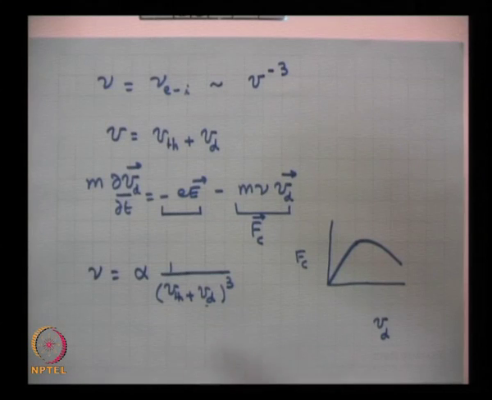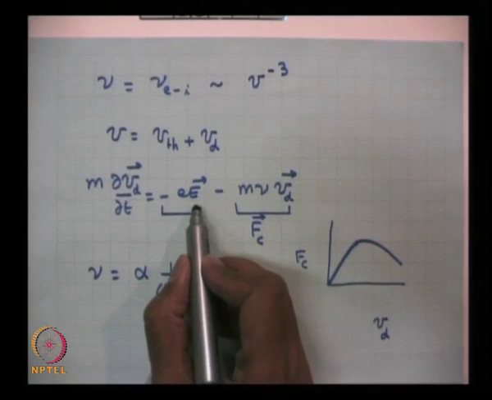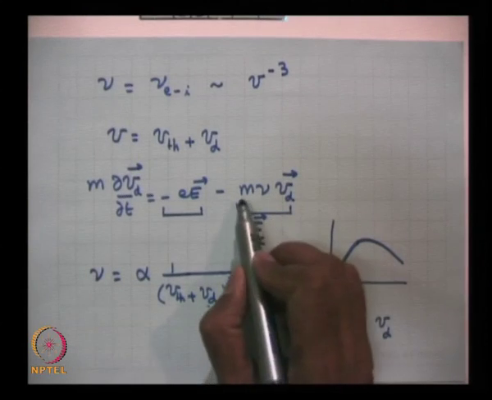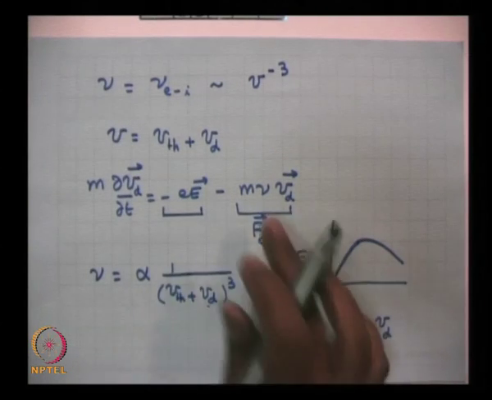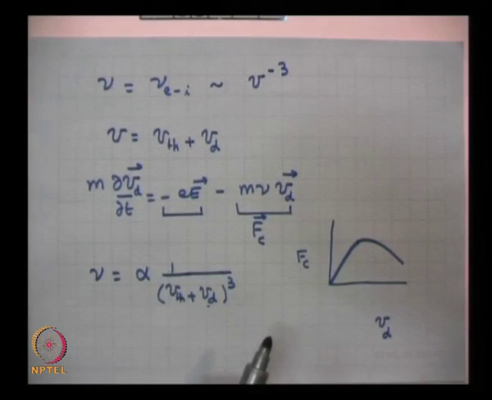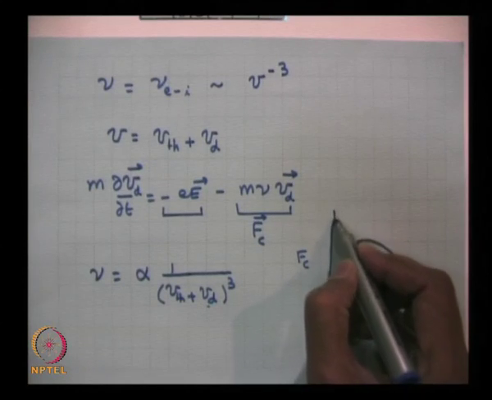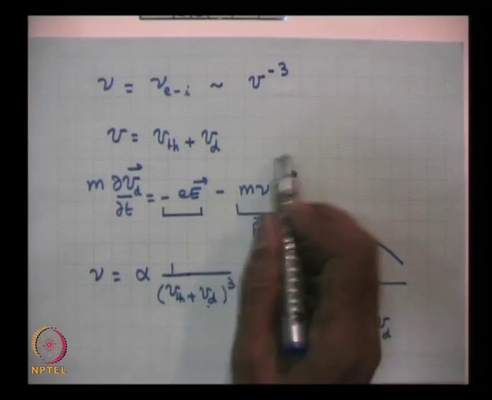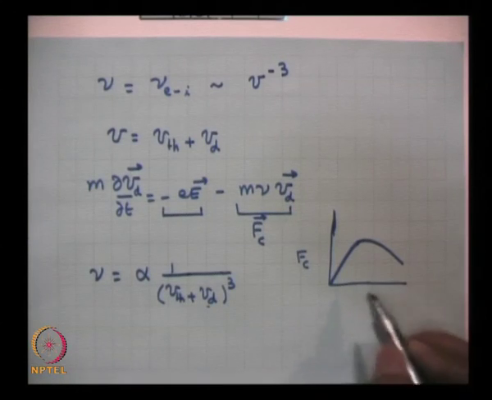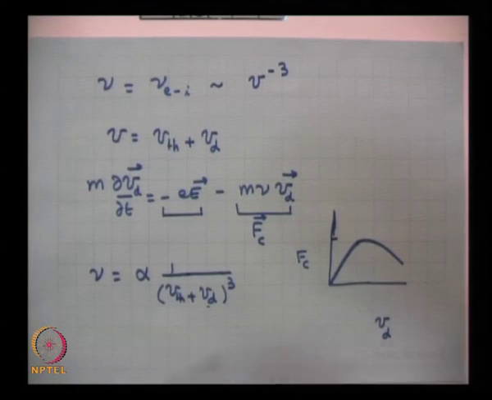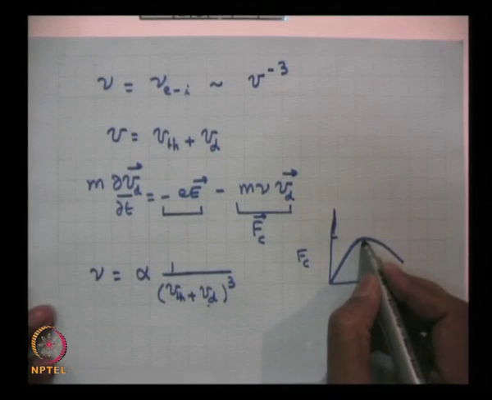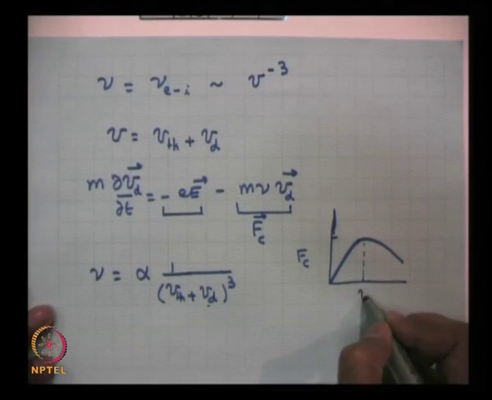What you were expecting is that when you increase the electric field, the drift velocity will increase, and as a result this quantity will increase, and a situation will come when these two balance each other. But what is happening here is that when you increase the drift velocity, this term does not increase indefinitely. It acquires a maximum value, then stops. What is the maximum value? Fc maximum. This occurs around V thermal.